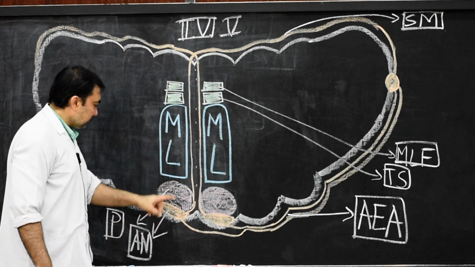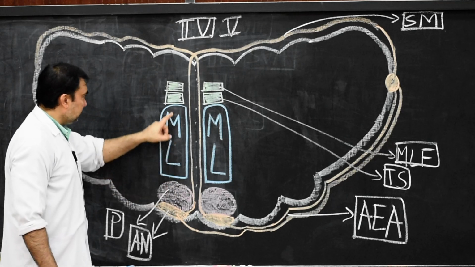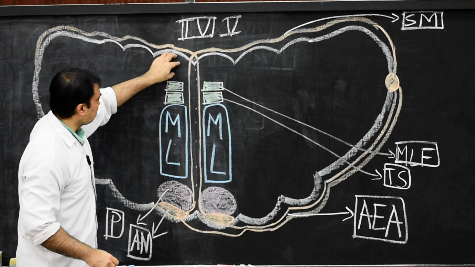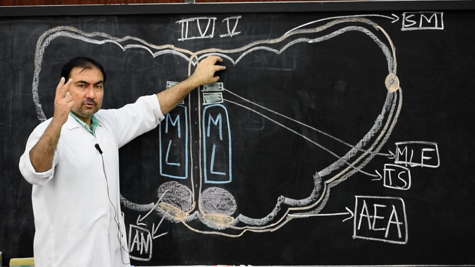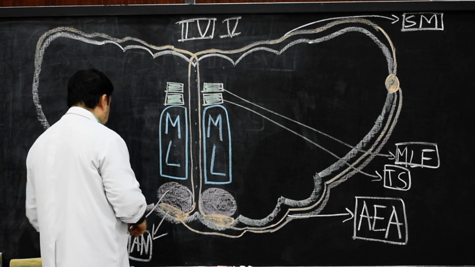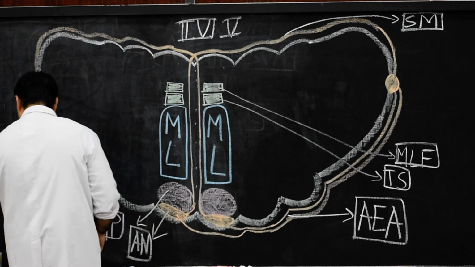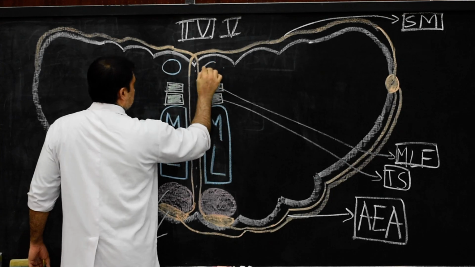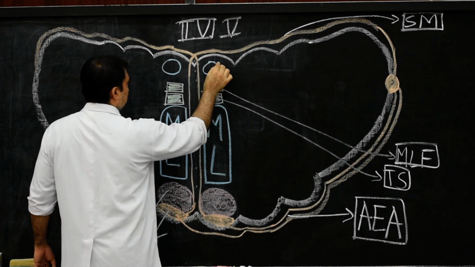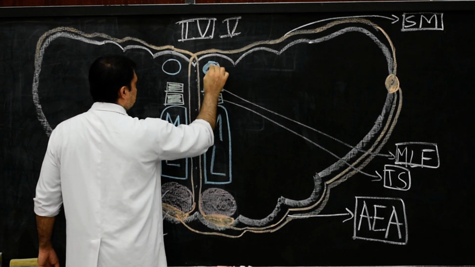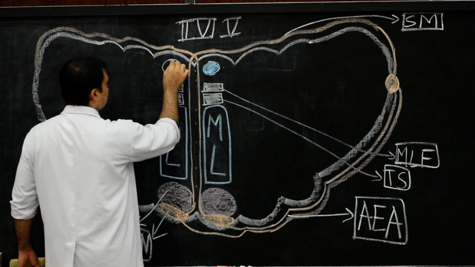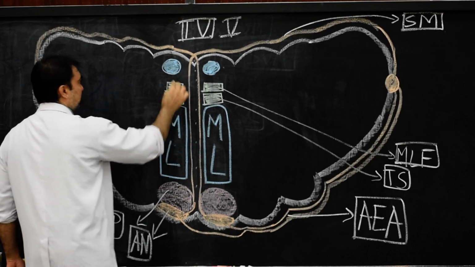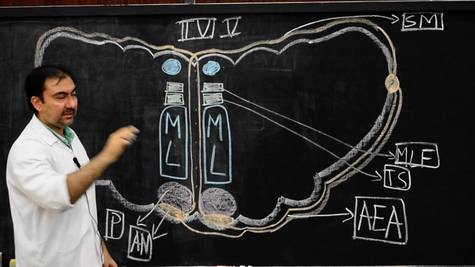Once again, ventral to dorsal: arcuate nucleus, pyramid, medial lemniscus, tectospinal tract, medial longitudinal fasciculus, and two more structures we have to add here in the dorsal-most compartment. Those two structures will be the grey matter, and first we'll draw here the hypoglossal nucleus, the same hypoglossal nucleus which was present at the level of sensory decussation. So this is the rostral continuation of the hypoglossal nucleus which was present at the level of sensory decussation.